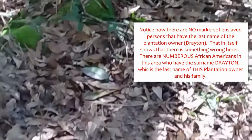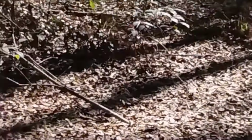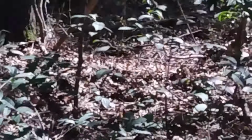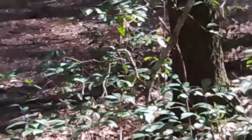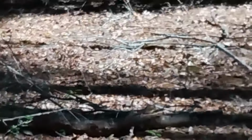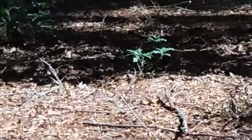Now, we start to get to graves like this one that just has initials on it, CJ. May they rest in peace. Rise in victory in Yahushua's name, I pray. Guys, just imagine 78. There were at one time, I read, at least 78 enslaved people who were working here at the highest height of the number of people that they had. But that doesn't include all the people who have lived on this plantation over the years. And I'm trying not to cry, all right? I'm trying to keep it together, all right? But it's